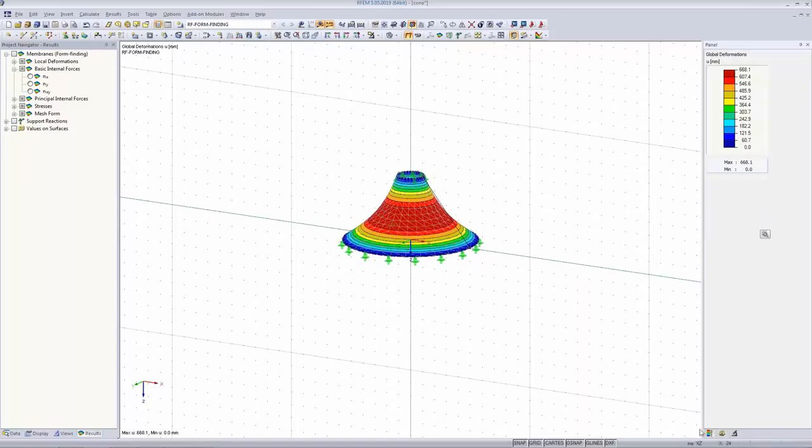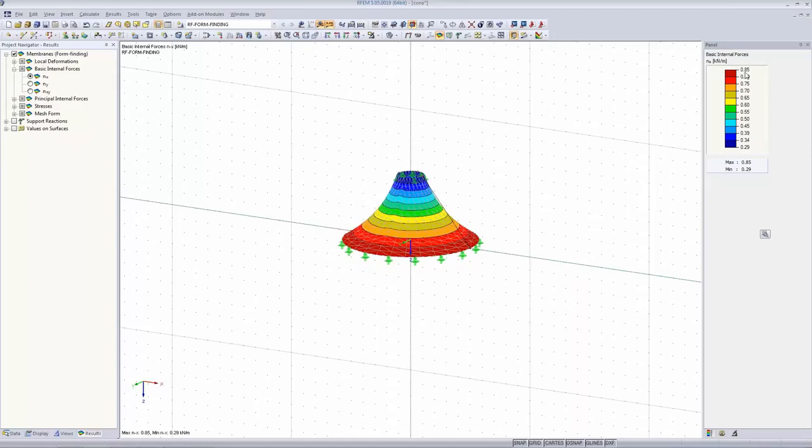That's how it looks, and we can double check again the internal forces, the normal internal forces. And now you see, as I explained earlier, with the projection method you cannot expect the pre-stress as you defined it. It will be closest to the one that we defined at the bottom of the cone, but it will be really far away from this 1 kilonewton per meter at the top of the cone, and this is the case. So at the bottom of the cone you have a